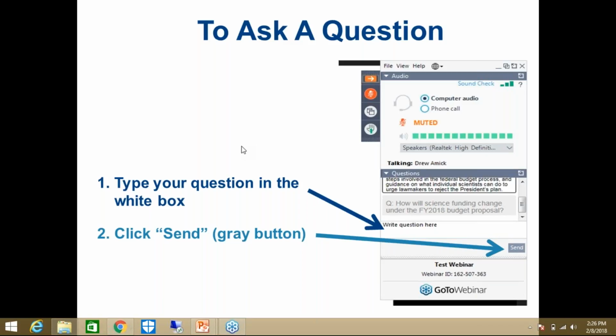A question I've been asked is whether they also need to be members of FASEB societies. And the answer is no, they do not. It's only the nominator and the nominee that need to be current members of the FASEB societies. If they are members of a FASEB society, that's great, but it's not a requirement for this award.